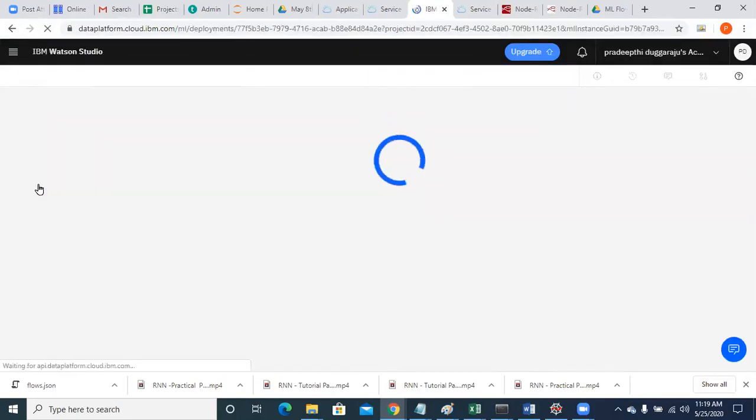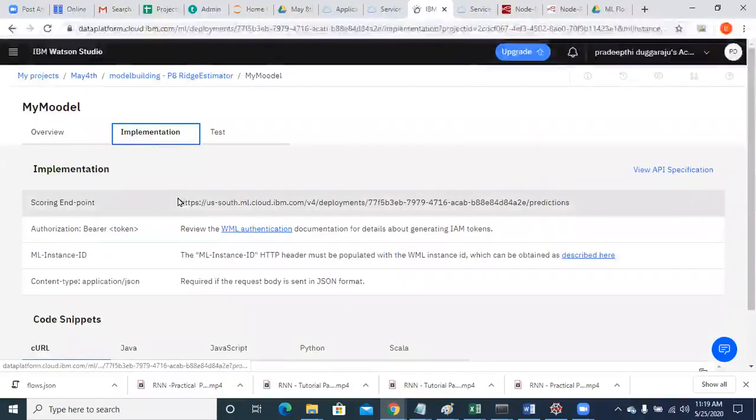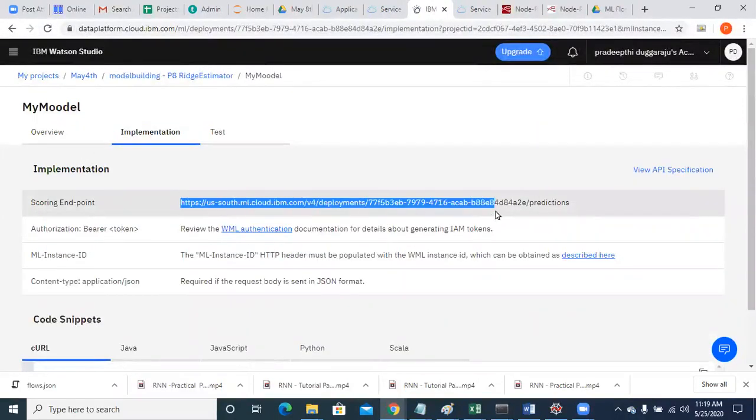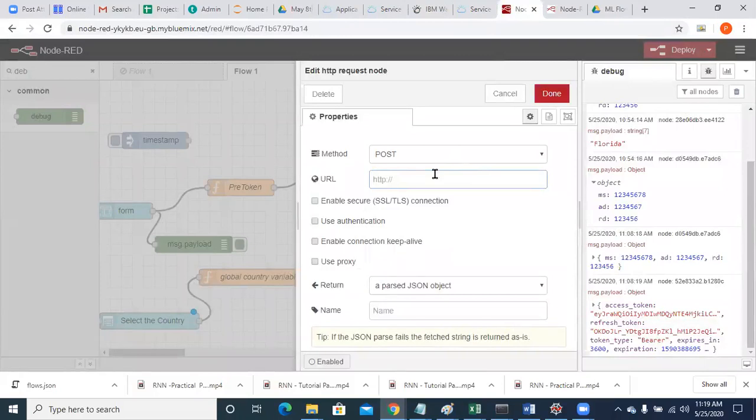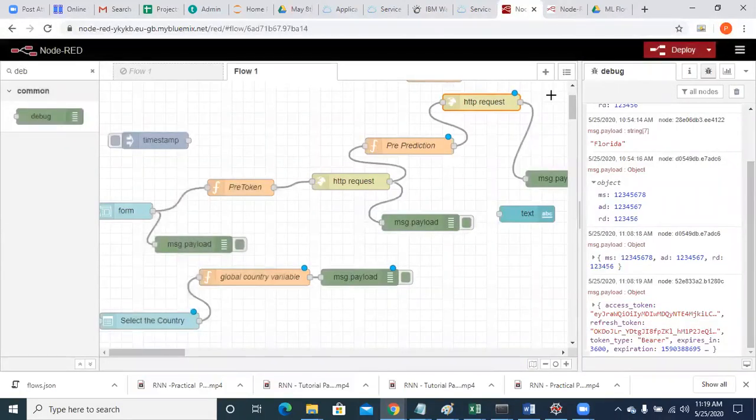Here in the implementation, you will have your scoring endpoint. Get that scoring endpoint and paste it over here. Done. Done till here? Have you got your scoring endpoint?